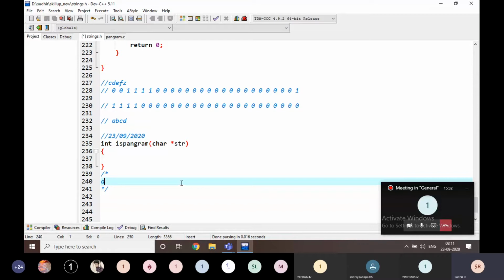I'm going to take an array A of 26, like the previous example, with all zeros, all 26 as zeros, representing all 26 characters of the alphabet. Just very simply, if the character is A, I'm going to change it to 1. If it is B, for example, like this.